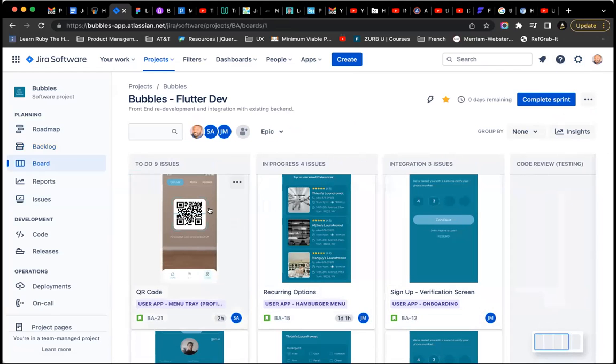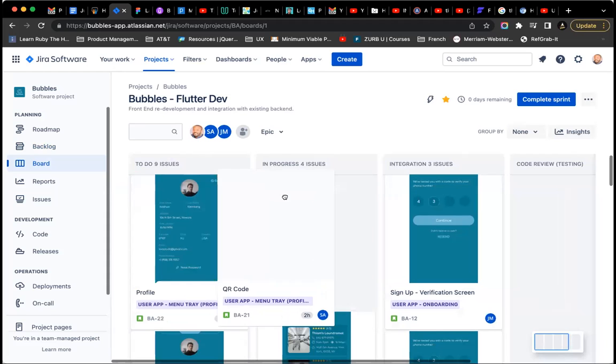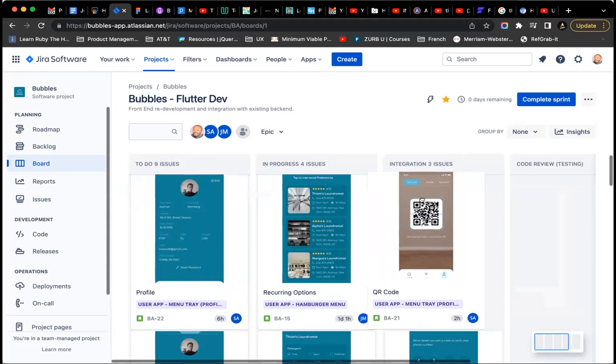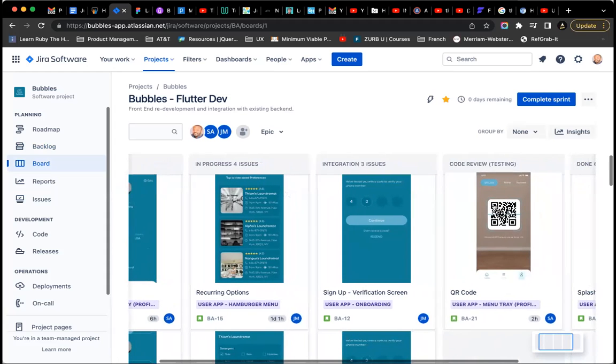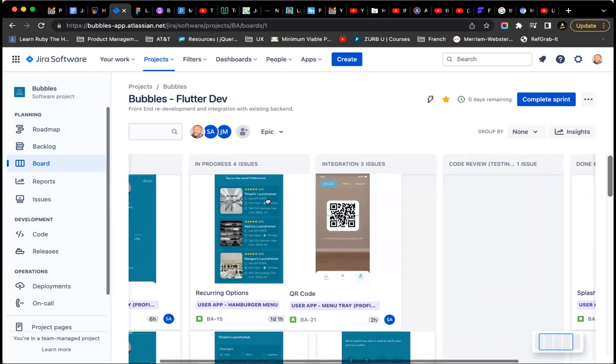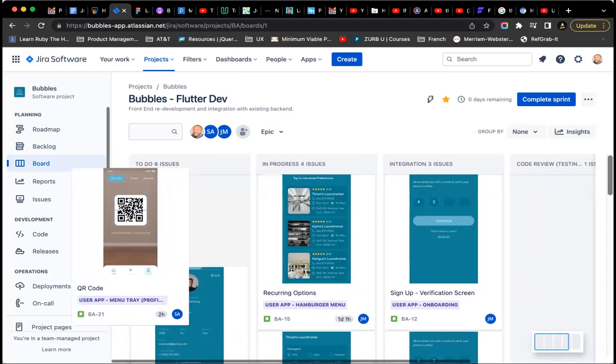So ideally, I'll find out in our next meeting with my team, if this is done, we just grab it and we put it either in progress or integrated or ready for code review, right? And the moment I do this, they get a notification.